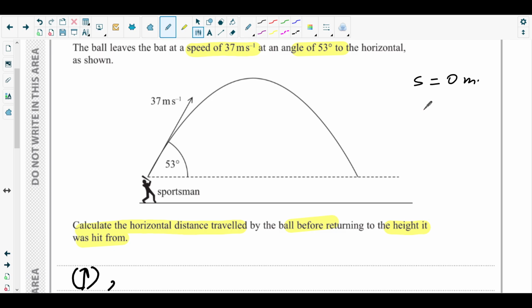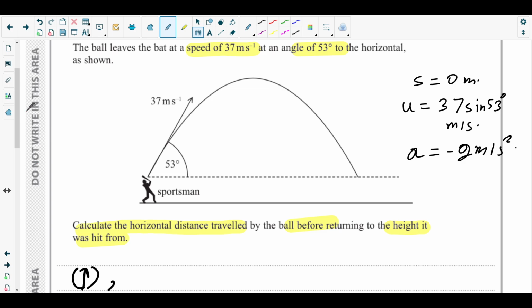The vertical component of initial speed is 37 sine 53 degree meter per second, and displacement is 0, and acceleration is equal to negative g meter per second squared,